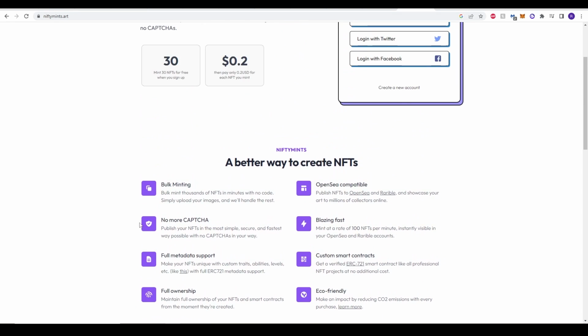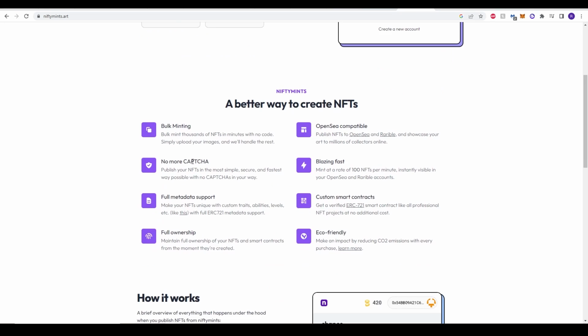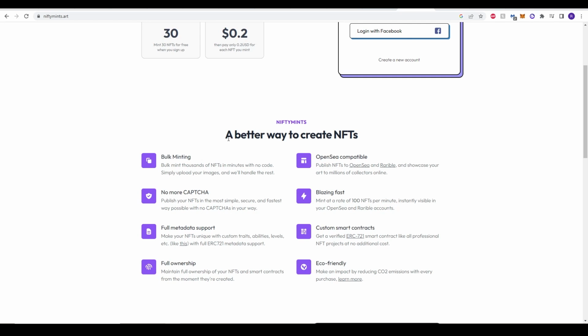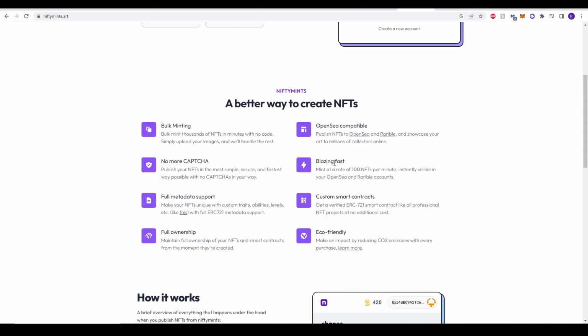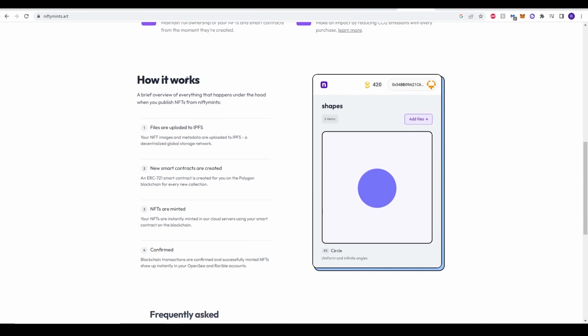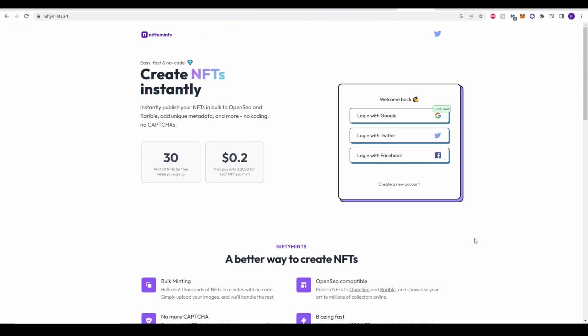So if you Google search Nifty Mints or just go into niftymints.art at the top corner here, you'll have this website here. Now what it's designed to do, as it says here, it says a better way to create NFTs. Bulk minting, no more captcha, full metadata support, which is very important. You have your full ownership, it's eco-friendly. As you can see here, it's blazing fast and OpenSea compatible alongside Variable as well. It says here about how it works, but we'll be showing you how to do that specifically on the tutorial